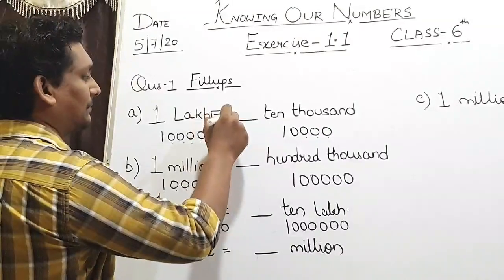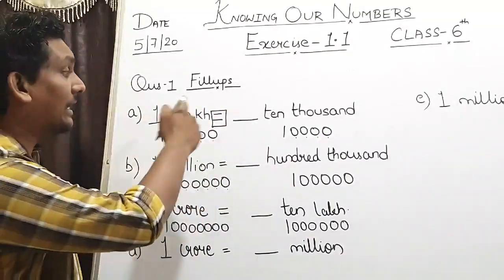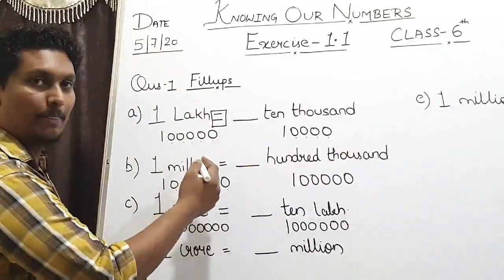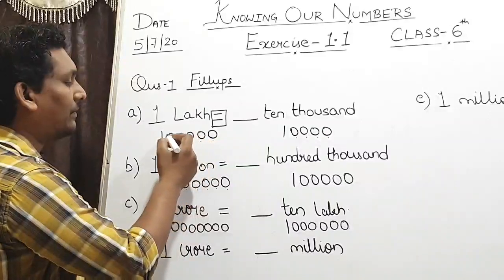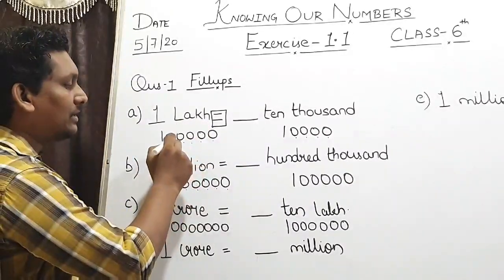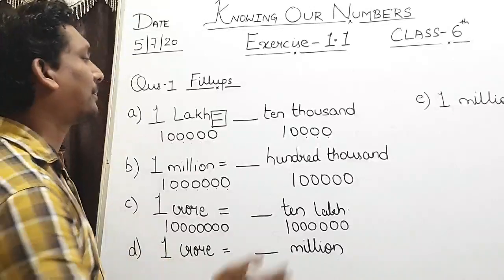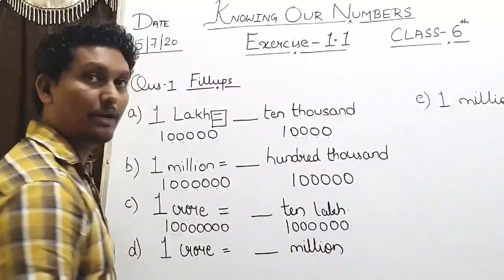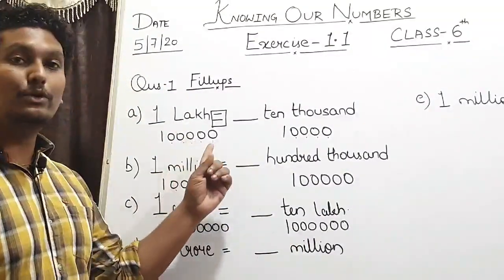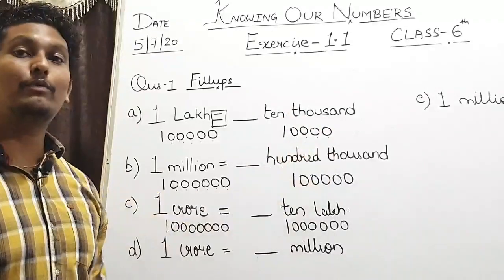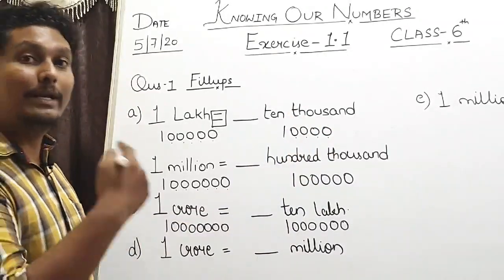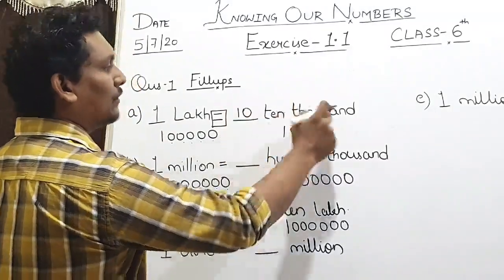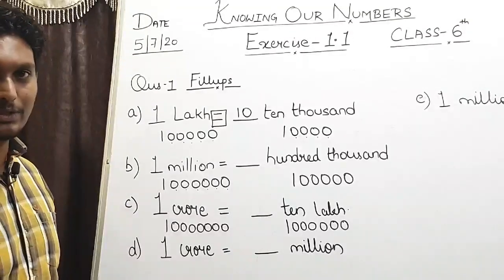So first we have to see the sign. We have to make this 1 lakh equal to this. How many 10,000? Okay, so first we'll write this 1 lakh. 1, 2, 3, 4, 5. So in 1 lakh, how many zeros are there? 5 zeros are there. And if we write 10,000, how many zeros are here? Only 4 zeros are here. To make this 1 lakh equal to this 10,000, we need one more zero. So we will add one more 10 to this. So 10 is the answer for this question.